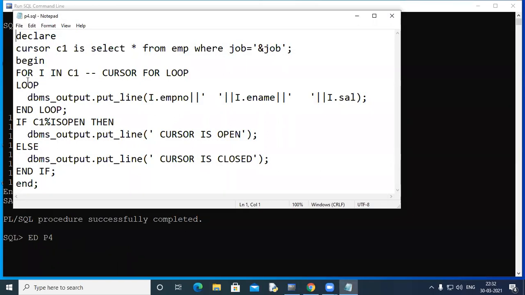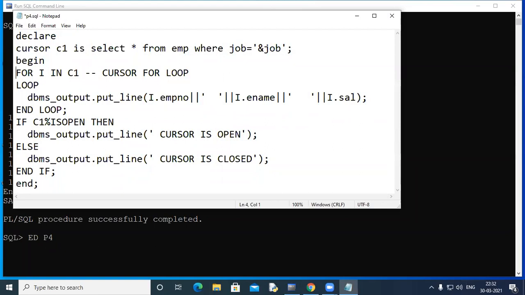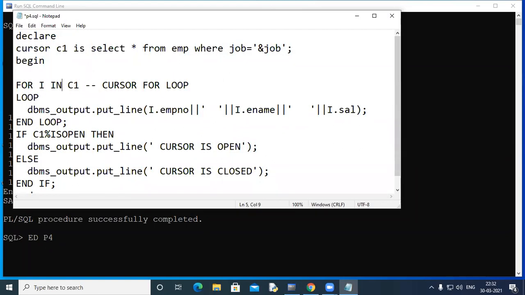Yeah. For this is a cursor for loop. You have a usual for loop. Do you remember a usual for loop? How do we write it in PLSQL? We write it like this: for I in 1..5, something like this. Yes, sir. I varies from 1 to 5. So when you need to write a cursor for loop, you just write for some variable in cursor.